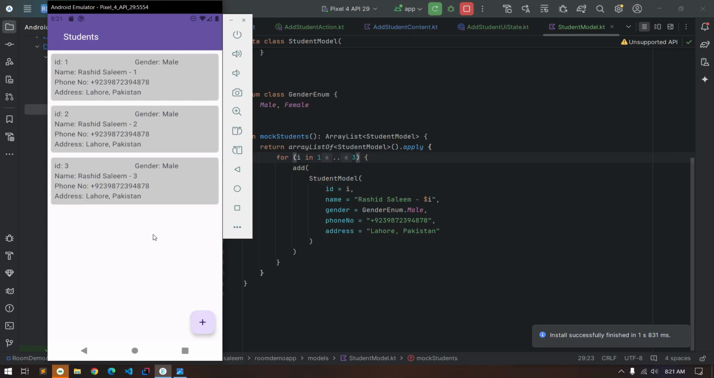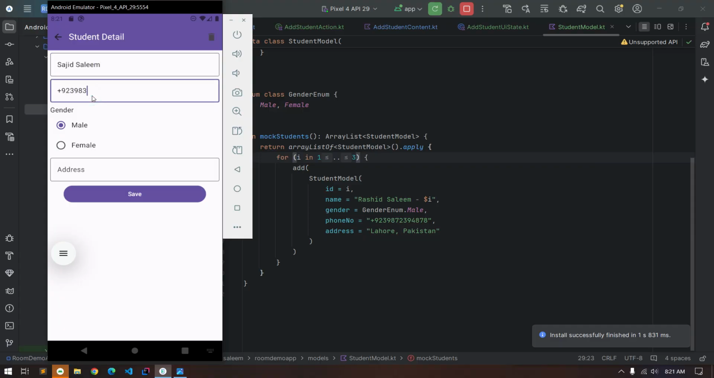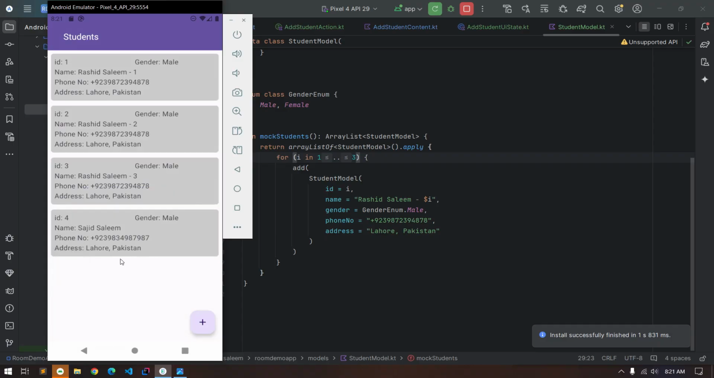So if we insert a new student, let's name as Sajid Saleem, phone number any 12345, and address would be Lahore, Pakistan, and tap on this save button, and that new student has been inserted in our list. If we create another student